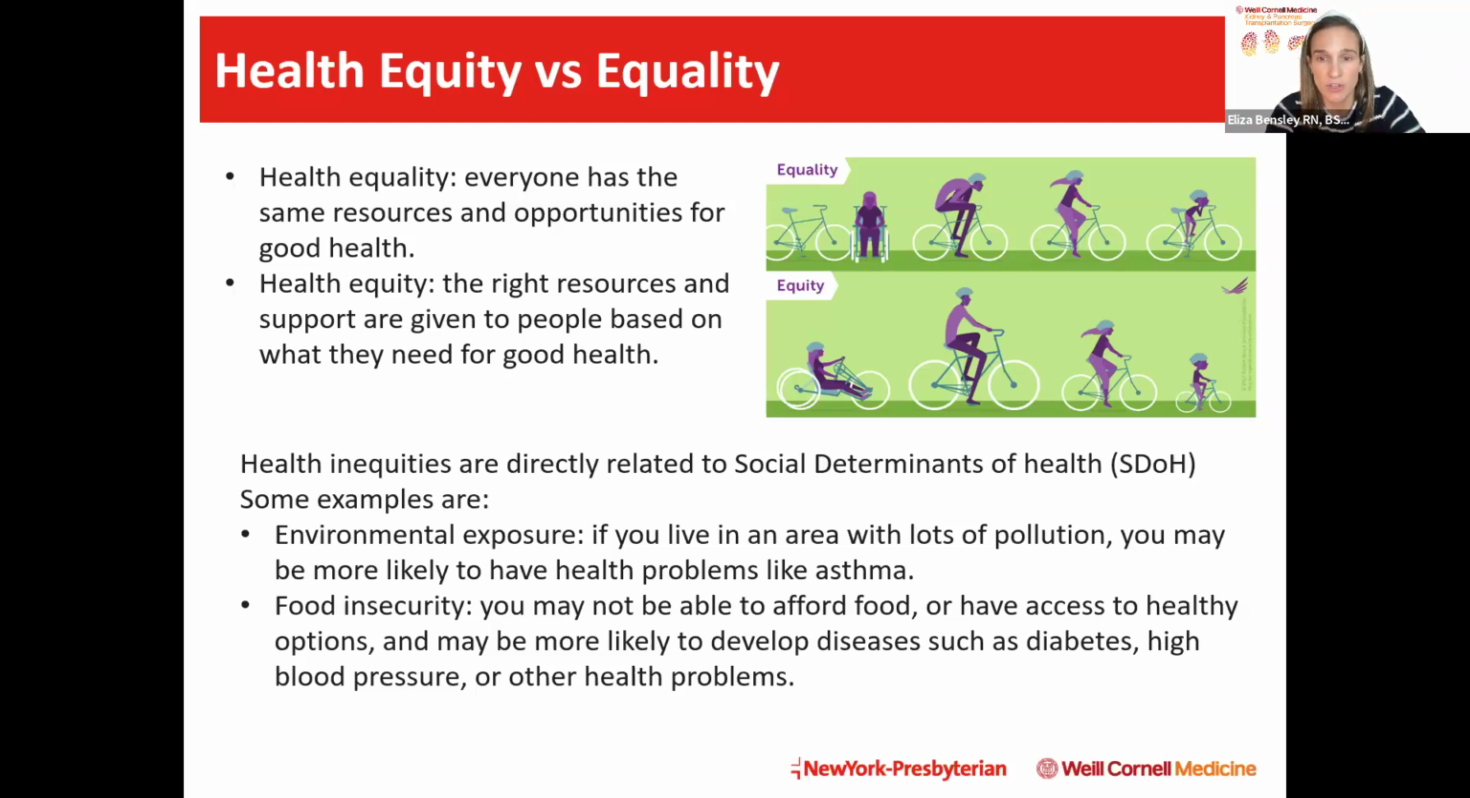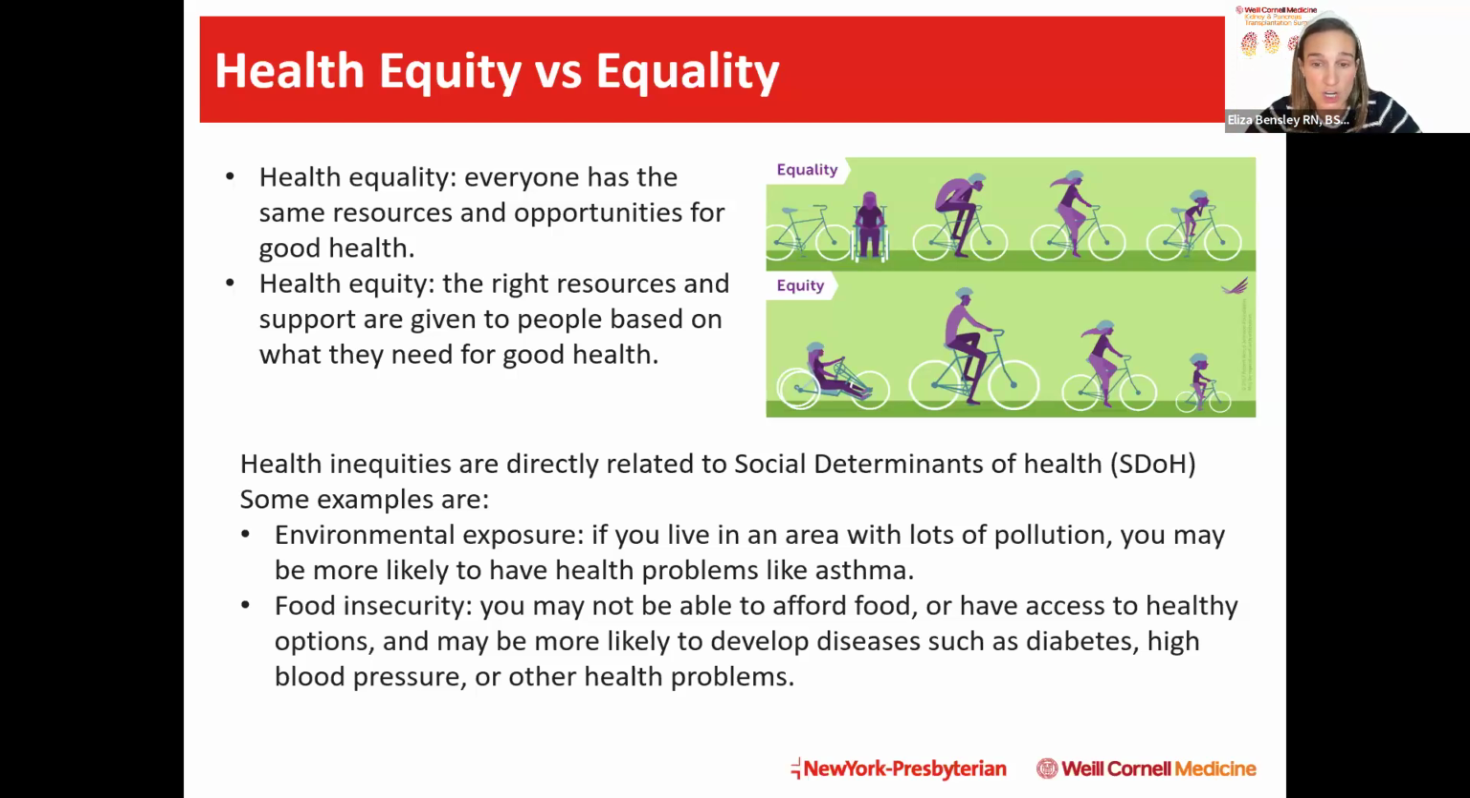And I think this image really shows a great example of equity versus equality. And so, like I mentioned, health inequities are directly related to social determinants of health, SDOH, which you'll see as we move forward. So some examples of health inequities that can impact a person's health and well-being are things like environmental exposures. If you live in an area with a lot of pollution, you may be more likely to have health problems like asthma. Or if you live in an area where you may have lack of access to fresh